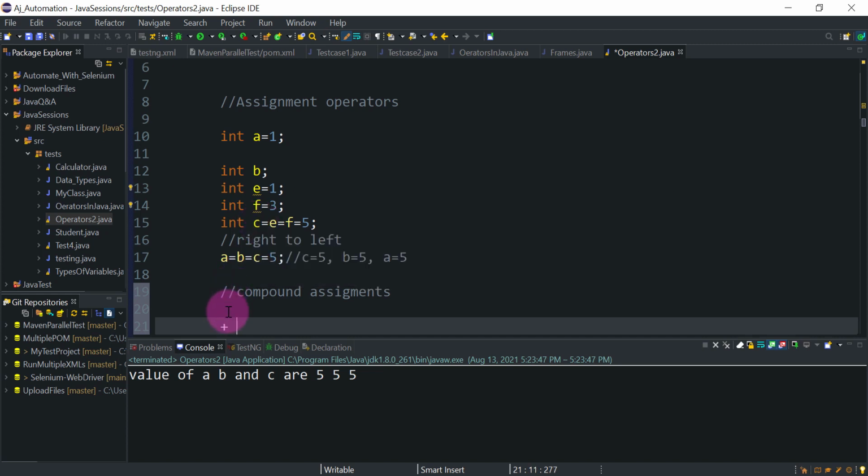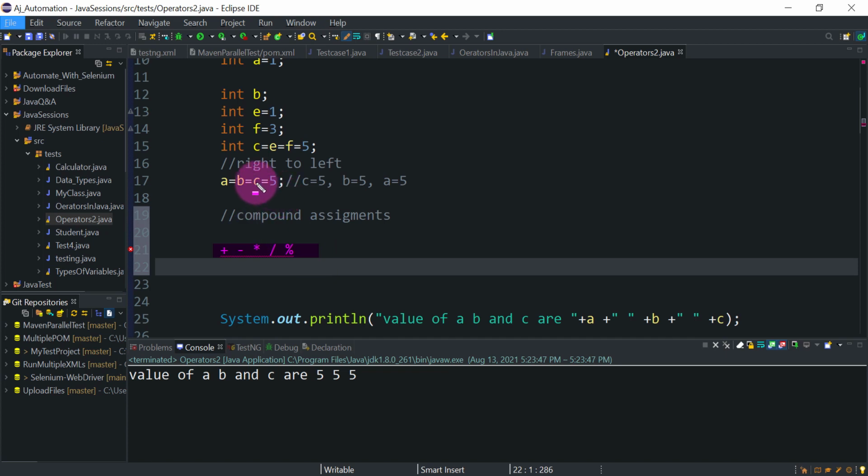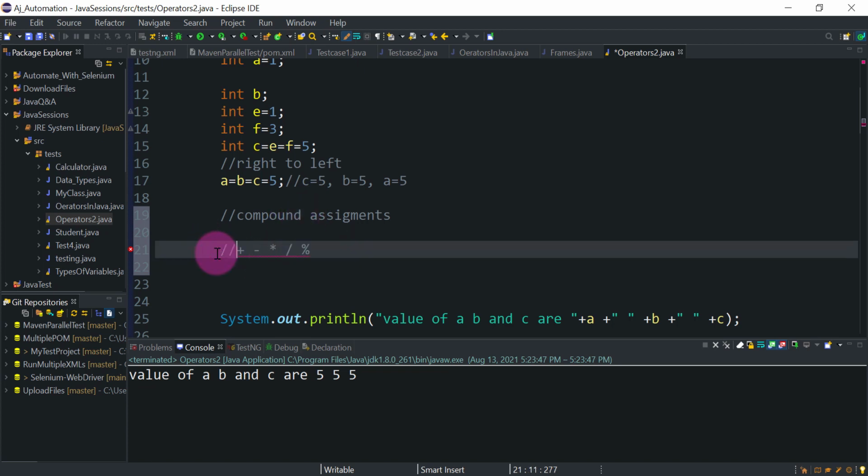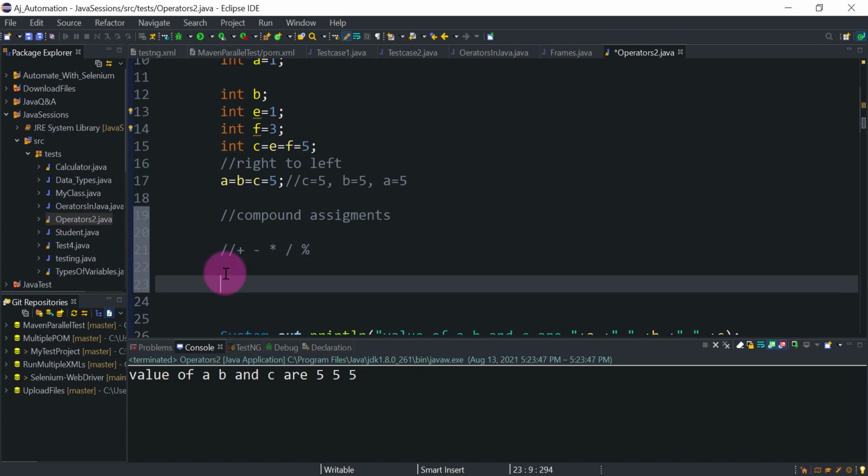We have addition, we have subtraction, we have multiplication, then we have division also, or we have this percentage symbol, right? If you are using the equal to operator with this type of other arithmetic operators, then that is called a compound assignment. So for example, let's say we are doing here integer x equal to 10